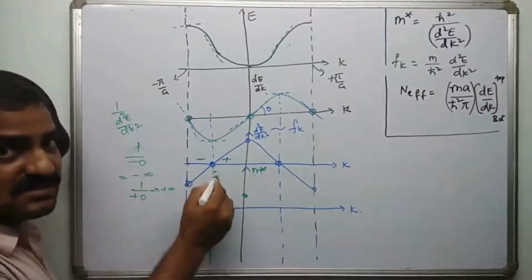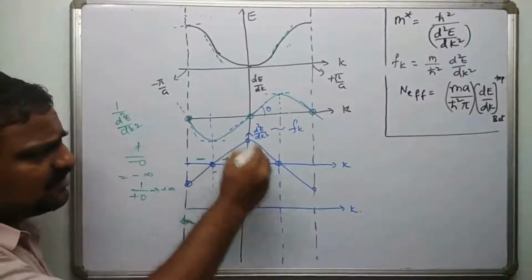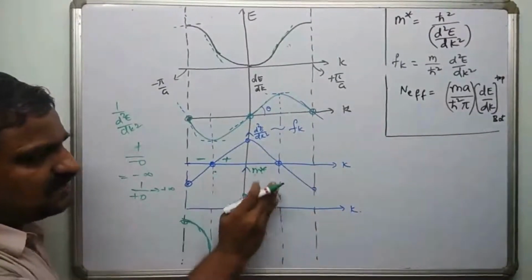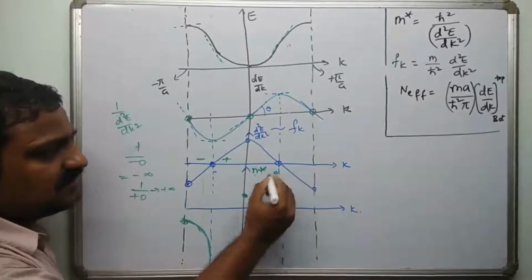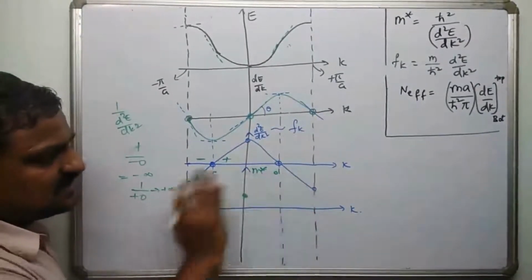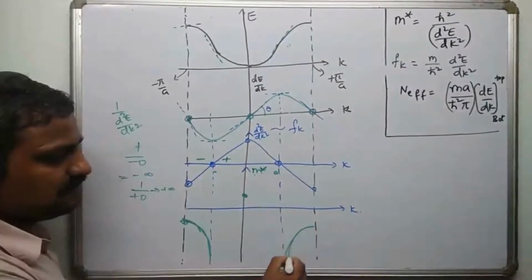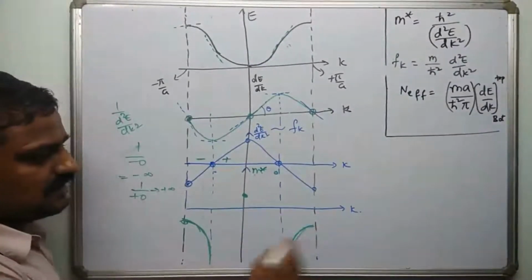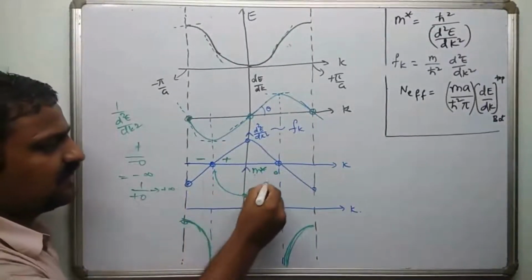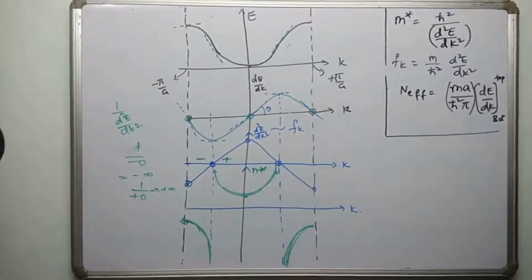See, this was the plus infinity. It is some non-zero positive value. And once again, the same logic is applicable here. At this point, from this side, it approaches plus infinity somewhere here. And on the other side, it goes to minus infinity from here. And once again, as it is symmetric, you can expect a similar kind of variation over here. So this is on the other side. And if you complete this graph, it is going to be something like this. So this is the effective mass of the electron.